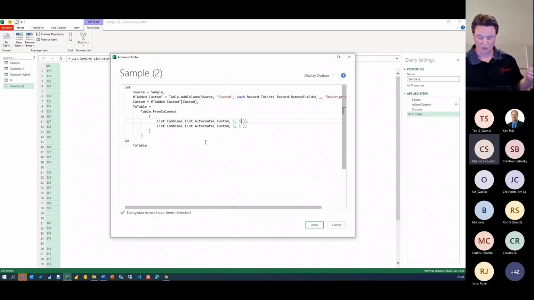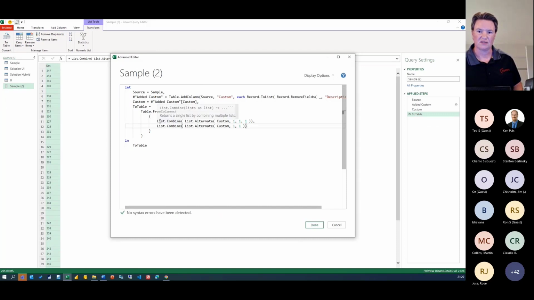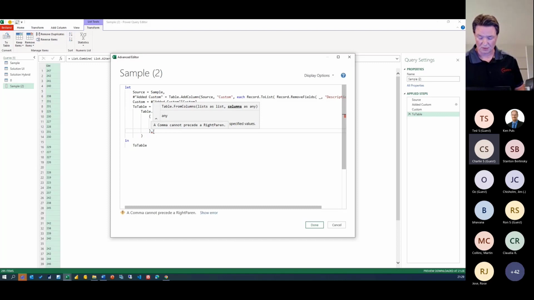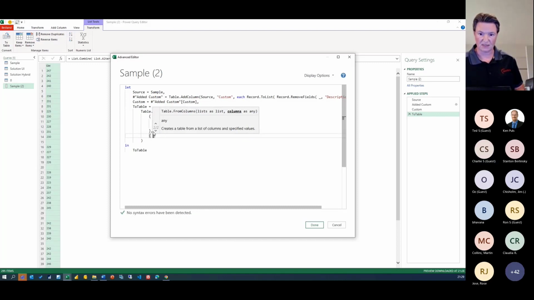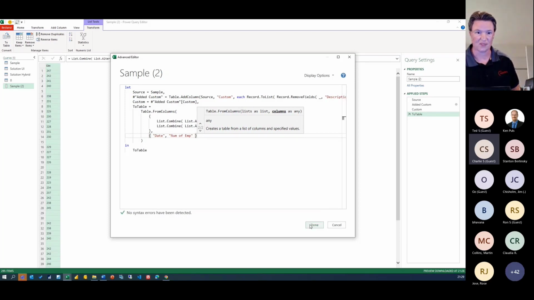So I want to start with the one with dates. So I need to add that starting position again to retrieve the dates. So this one will retrieve the dates, and this one retrieves the values that you still see here on the screen. I can also pass in the column names in this function. So as a list, my first column will be date, and my second column will be number of employees. All right, let's press done.